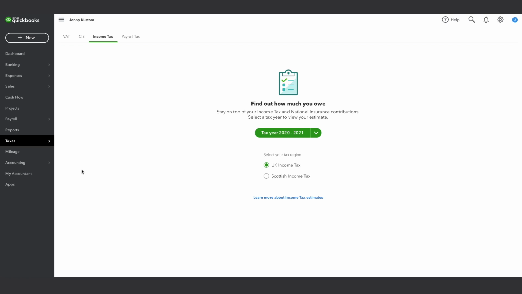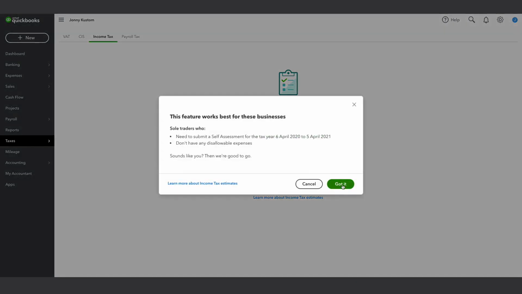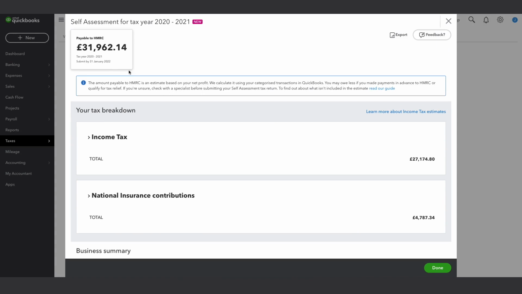So we addressed this by taking the data that has been entered into QuickBooks and turning it into useful insights, not just for the end of the year, but throughout the year to give you a real-time view of your estimated income tax. To access this feature, click on Income Tax, select the year, and then select the region. Once you have done this, you will be able to see the income tax payable to HMRC, which is always visible at the top left-hand corner of the screen,